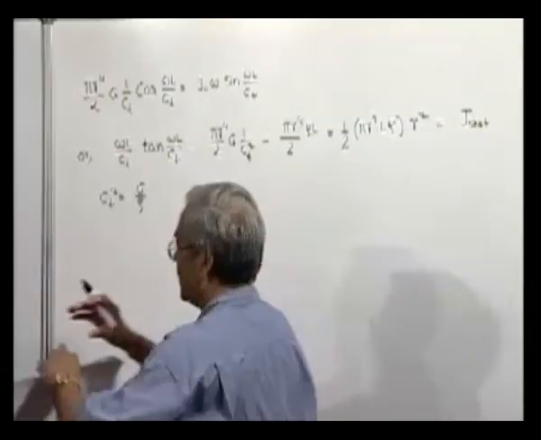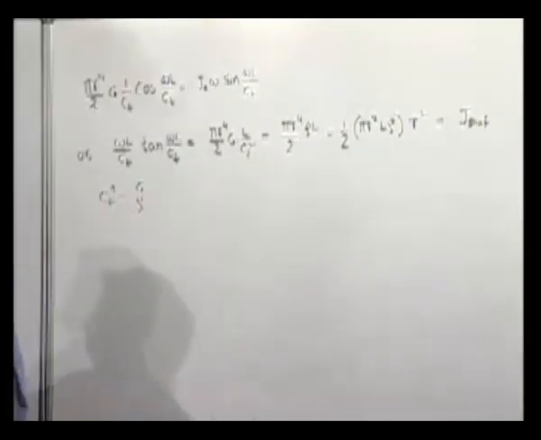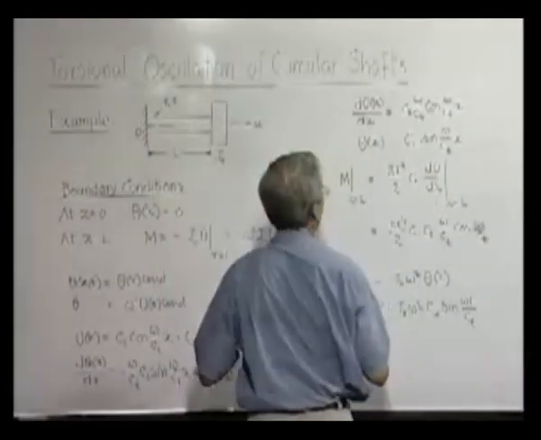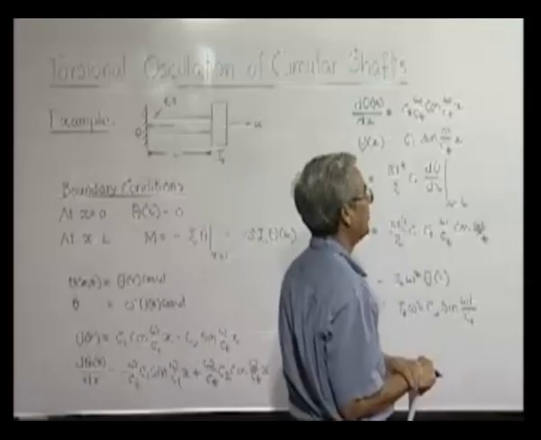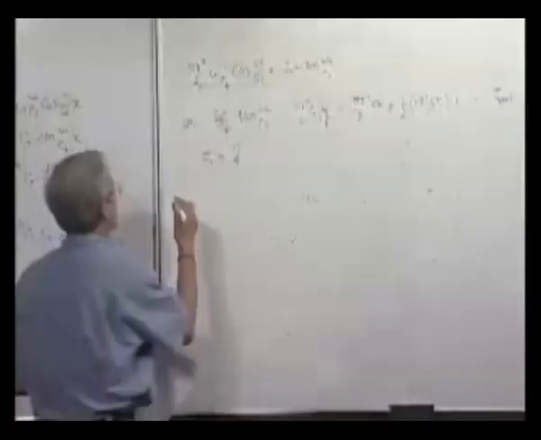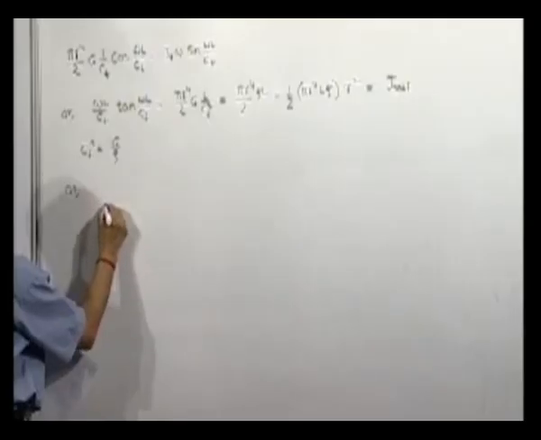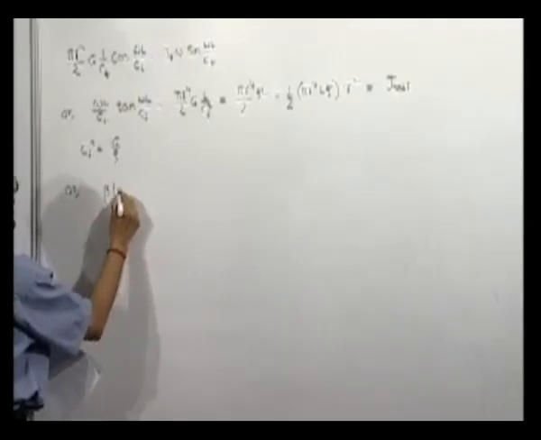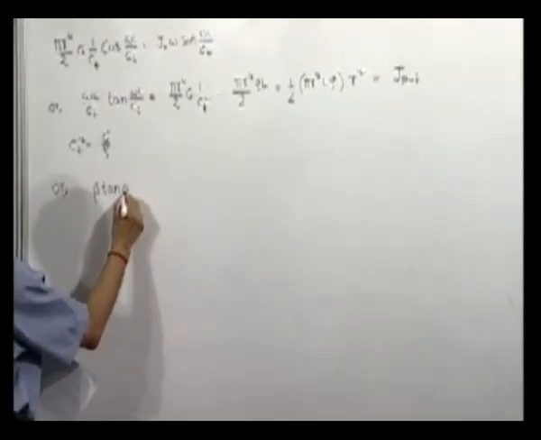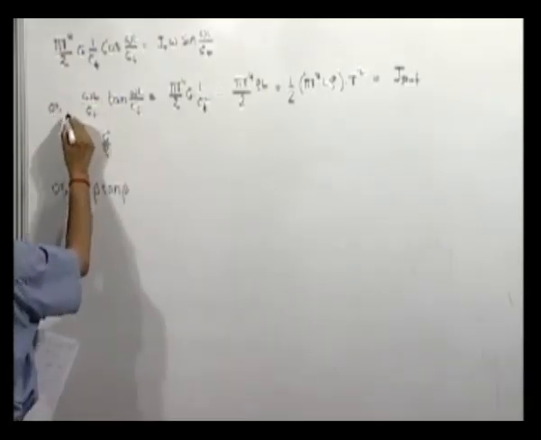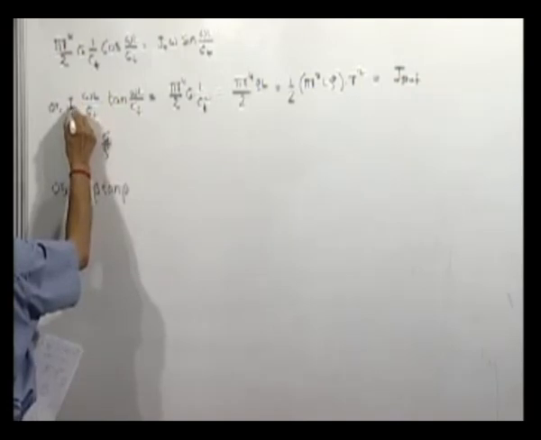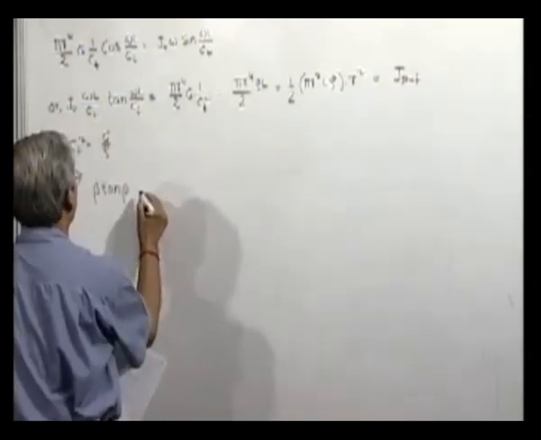That means if we treat the shaft as a rotor, then there is a polar moment of area. So therefore, the equation we finally get is some beta into tan beta, there will be 1 J0 here, so it will be equal to